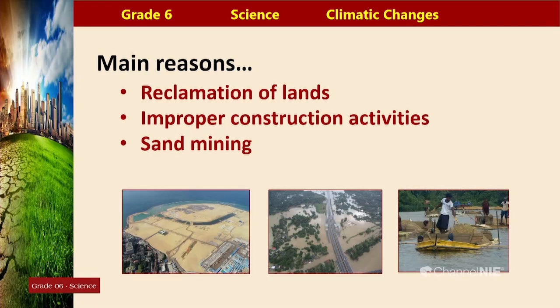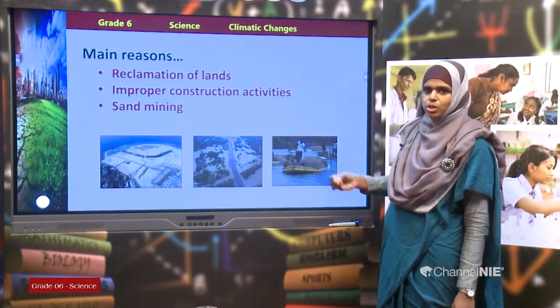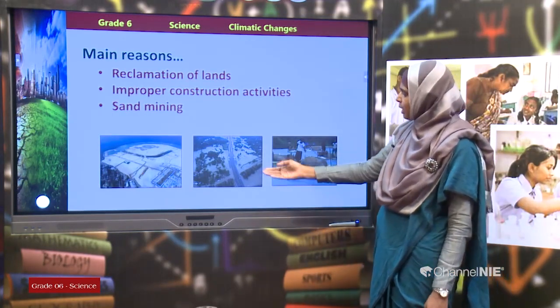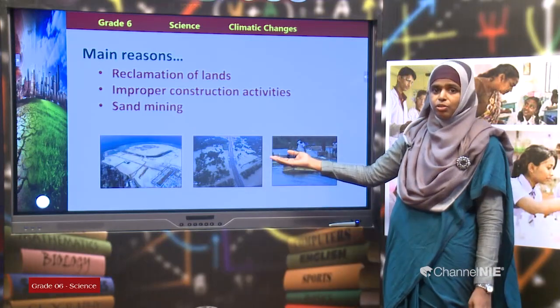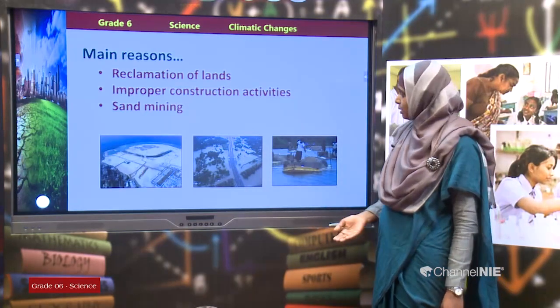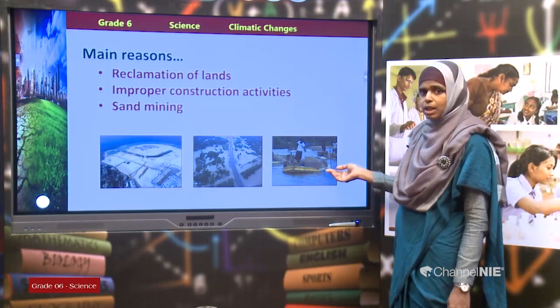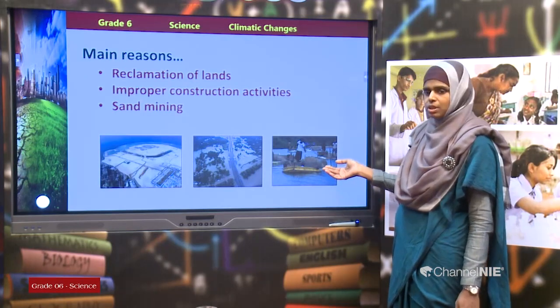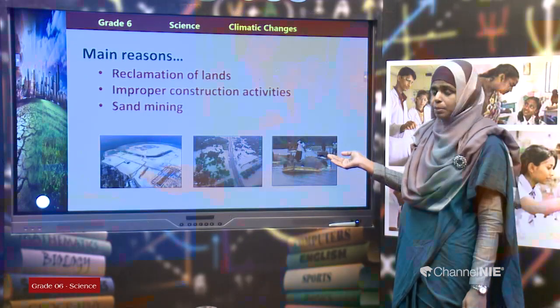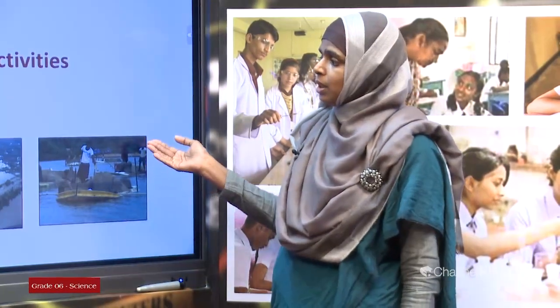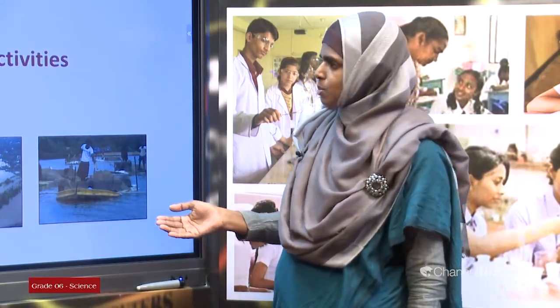Due to many construction activities with the development, most of the natural draining areas are covered. So, if there is no natural place for drainage, children, what would happen? That areas would be inundated, and even with a small rainfall, you can observe a flood like this. And also another reason for the flood is sand mining. Mining of sand from the rivers. For construction activities, people take sand from the bottom of the rivers, children. Even that would make flood to occur even during a small rain.